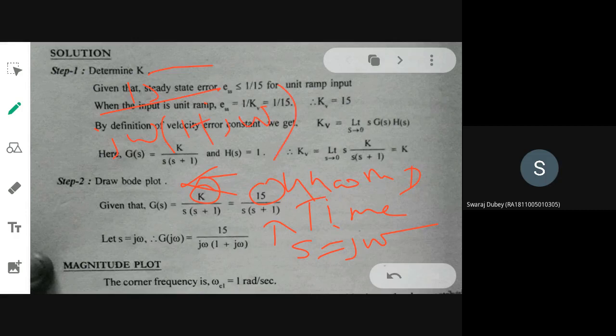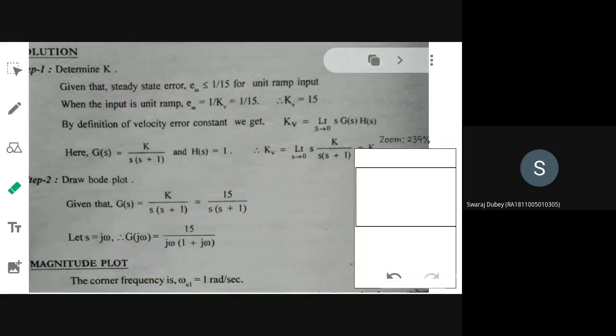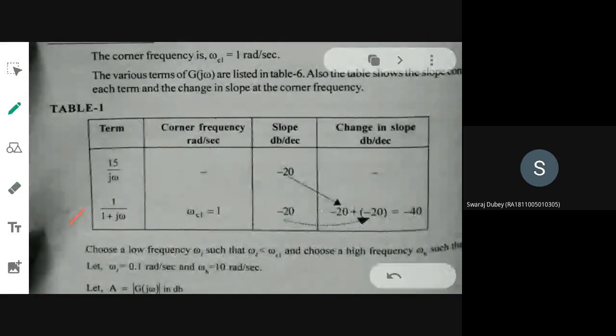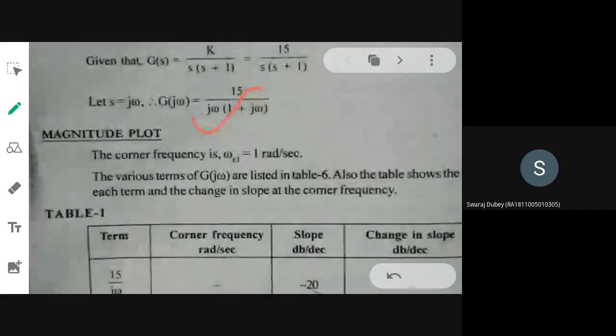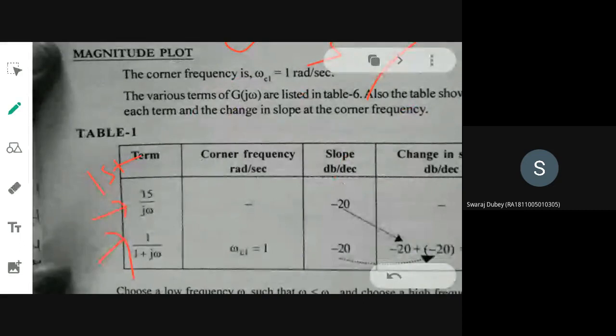Next you have to find the corner frequencies. How many corner frequencies are there for the system? One, for this factor, so 1 divided by 1, that is 1 radian per second. Next, as usual, you have to do the tabular column representation. So this is your tabular column. Always the first factor will be of what nature? Constant, integral or derivative. For this, the first term is an integral term. So you add it first, followed by the other terms in increasing order of corner frequency.